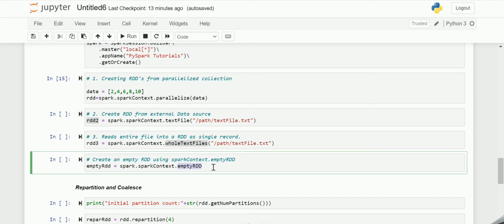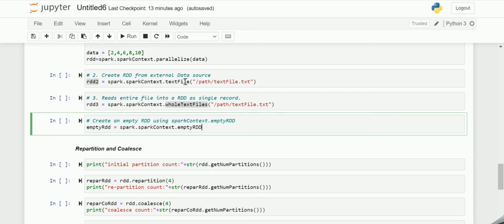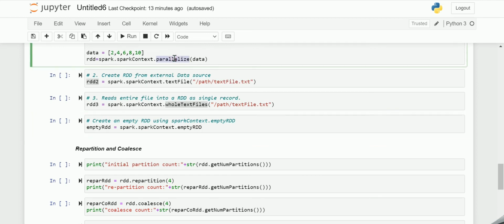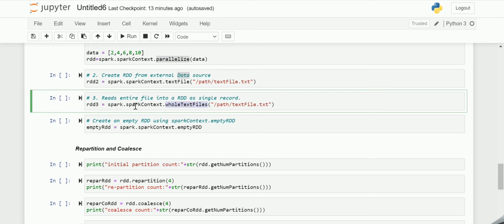This method creates an RDD without any partition. When we use the parallelize method or the textFile or wholeTextFiles methods of the Spark context to create an RDD, it automatically splits the data into partitions based upon resource availability.